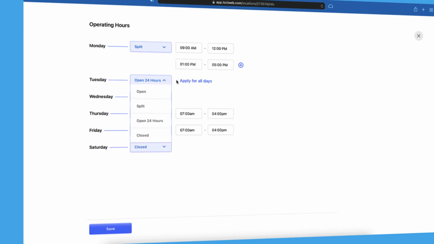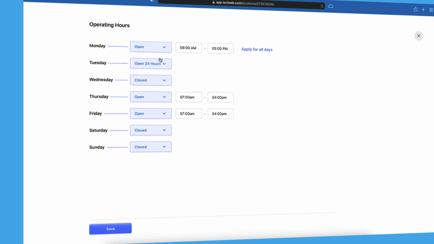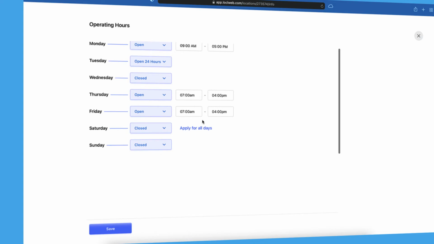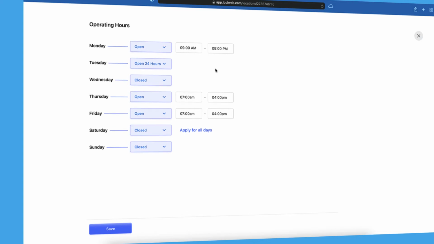And then any of these, as you click on them, you can apply this one to all the days. So say you want to start with Monday, maybe you want to start with the hours that you're open from 9 a.m. to 5 p.m. Well, you can click the apply for all days and it'll change it for Monday through Sunday to be open from those certain times. That's a nice way to simplify this, and then maybe Saturday and Sunday you're not open those days, so then you just go through and change those two manually because that's a lot easier than setting up each day manually. Once you're done setting all your hours, just click the save button.